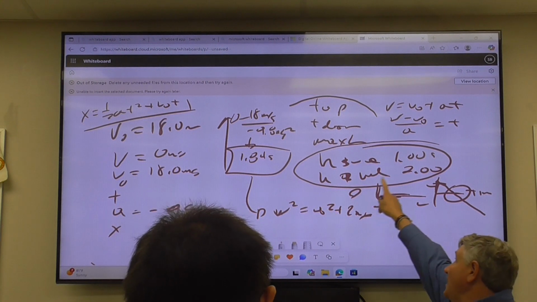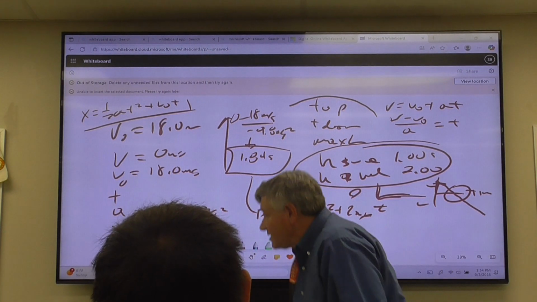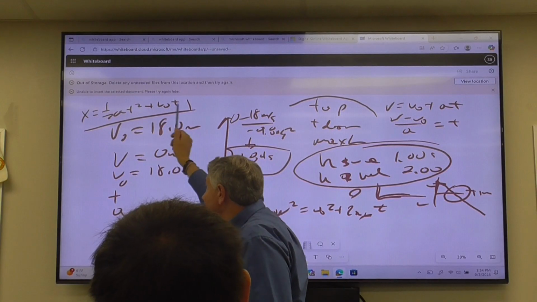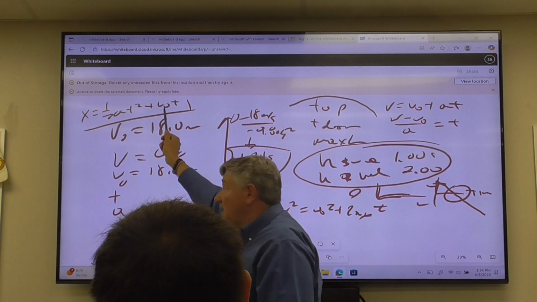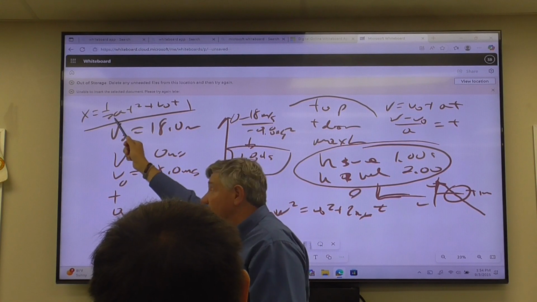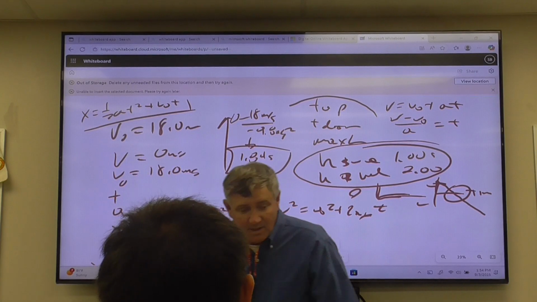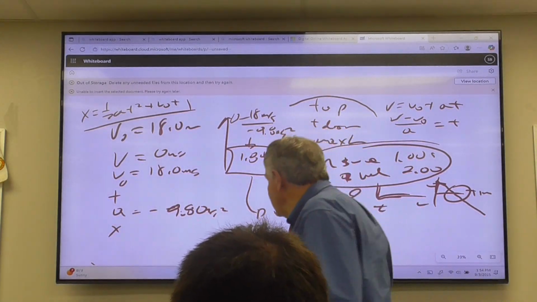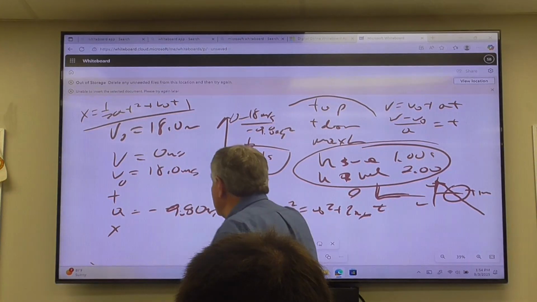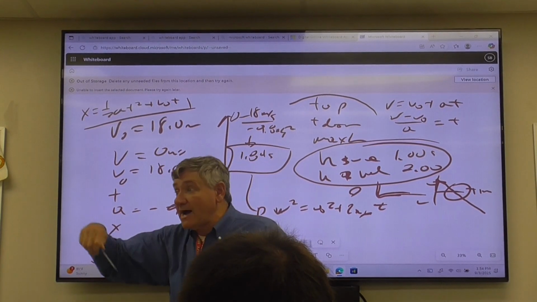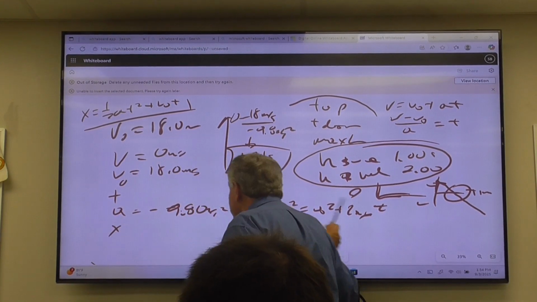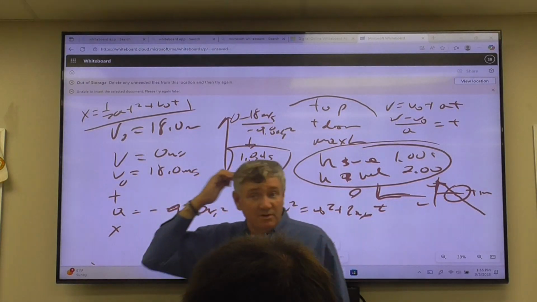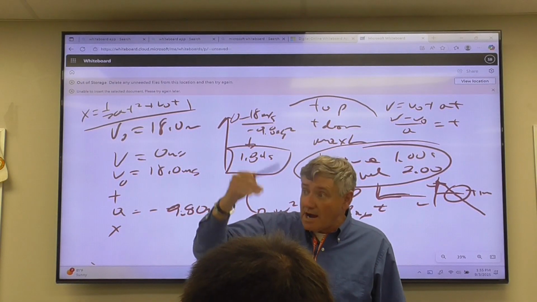Like if you want to find the height at 1 second, you're going to come in here and put in 1 second for time, your initial velocity of 18 meters per second, your acceleration is negative 9.8. So if you plug in the time of 1.84, you would get your maximum height. If you plug in 2 seconds, the beauty of this is that it gives you height at any point